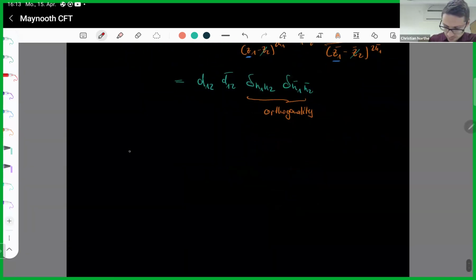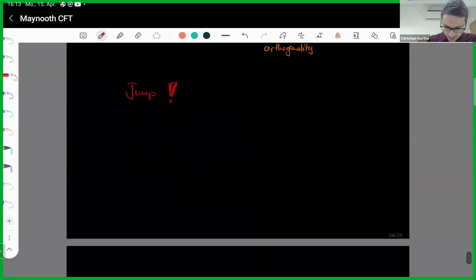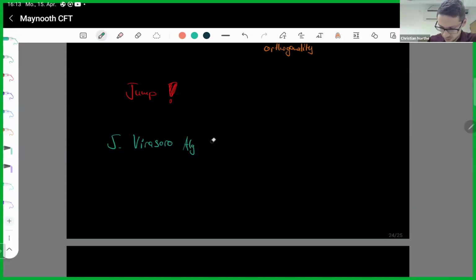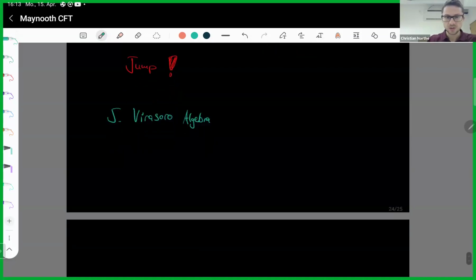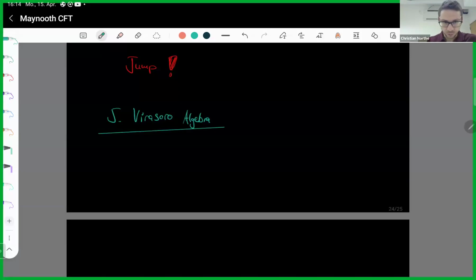Now I'm going to make a jump with respect to the notes. I'm going to skip a bunch. So there is section 5, which is about the Virasoro algebra. This is a deep dive into the Virasoro algebra, and we're going to use it now to construct Fock spaces. So here's where I do make the jump. So the first section